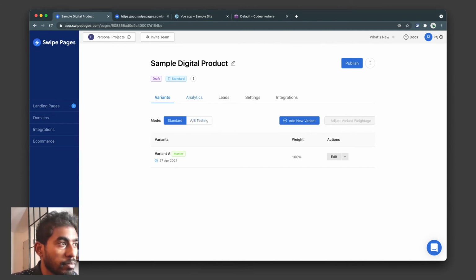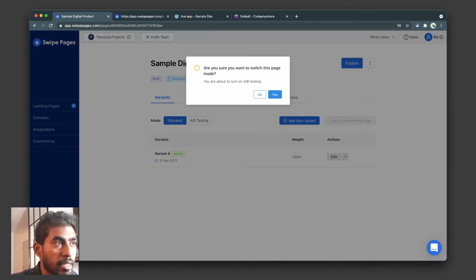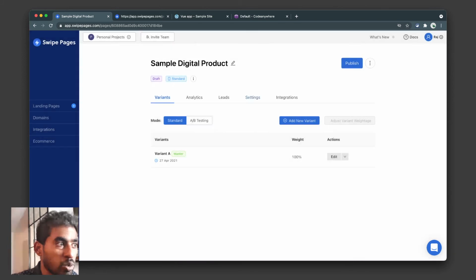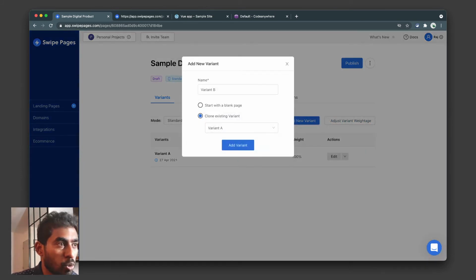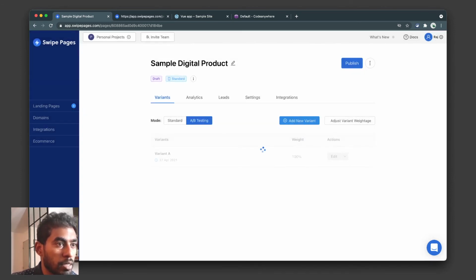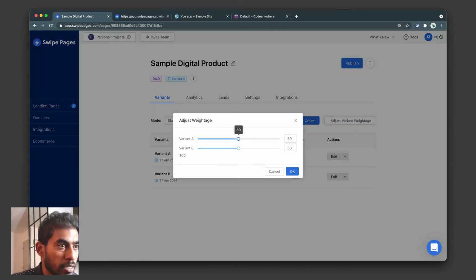And then I can turn on A/B testing, which I assume this is going to be the control. I can create a variant, and then I can just test it. Let's try it actually. So there you go. I can just click add new variant and clone of an existing page called variant B. And it automatically creates a weightage of 50-50. And if I change that,